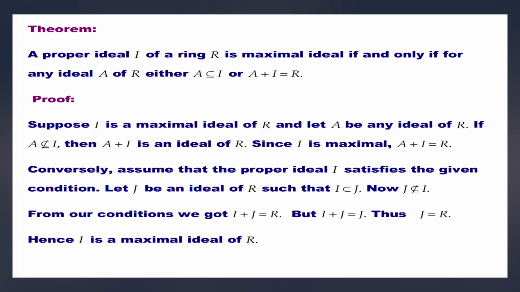Conversely, assume that the proper ideal I satisfies the given condition. Let J be an ideal of R such that I is a subset of J. Now, J is not a subset of I. From our condition, we get I plus J equals R, but I plus J equals J. Thus, J is equal to R, hence I is a maximal ideal of R. The final result is